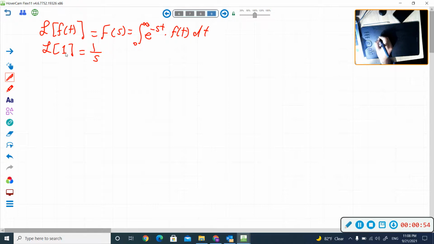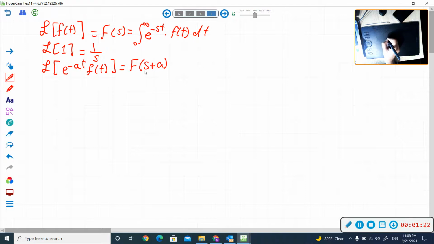Then we have proved that the Laplace transform of e to the power negative at times f of t, where a is any positive integer or number, is equal to F of s plus a. So it is the same Laplace transform that you have derived for this f of t, just replace each s with s plus a. So from this rule we can